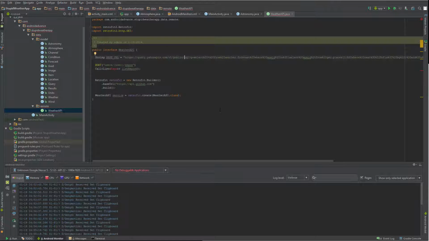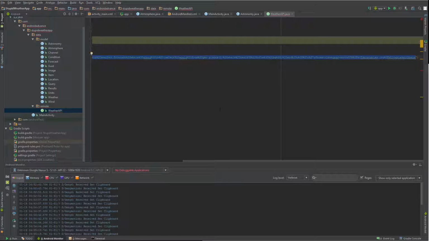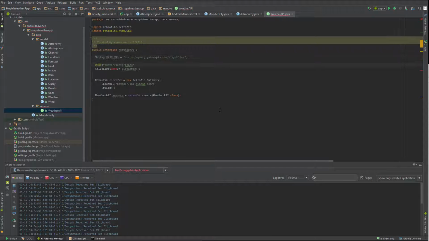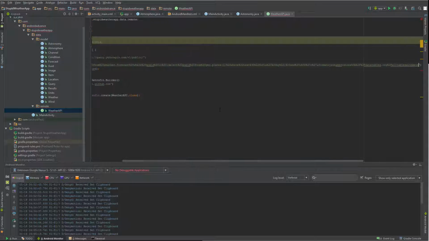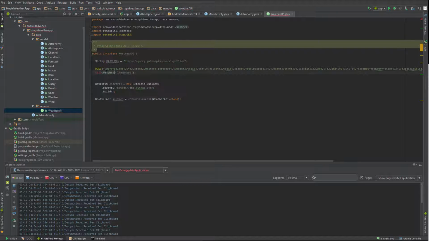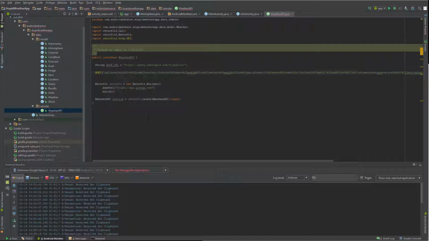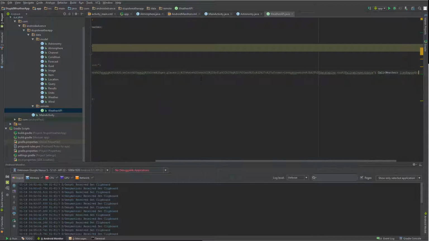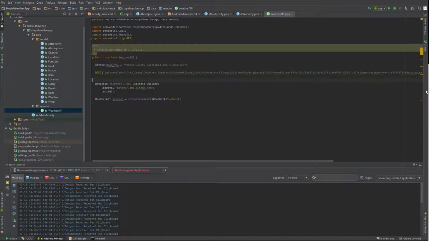So considering that this is a list of parameters, I will just paste it here. And at call we don't have a list, we have a simple model called Weather, and I'm gonna call it getWeather. Inside this base URL I'm gonna put my own base URL,